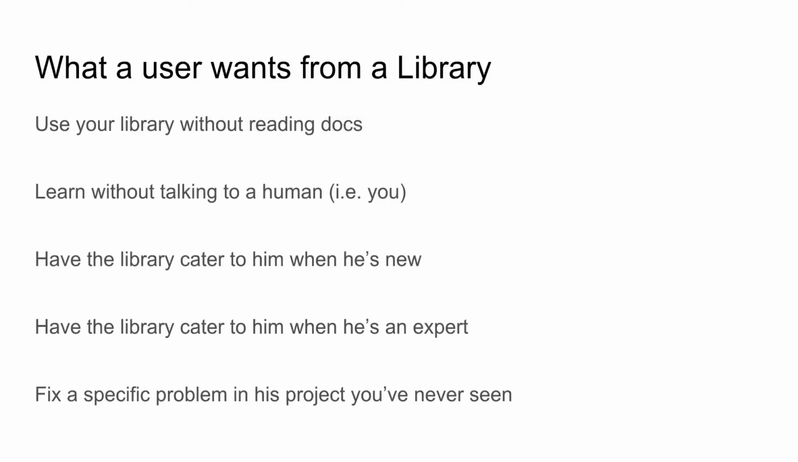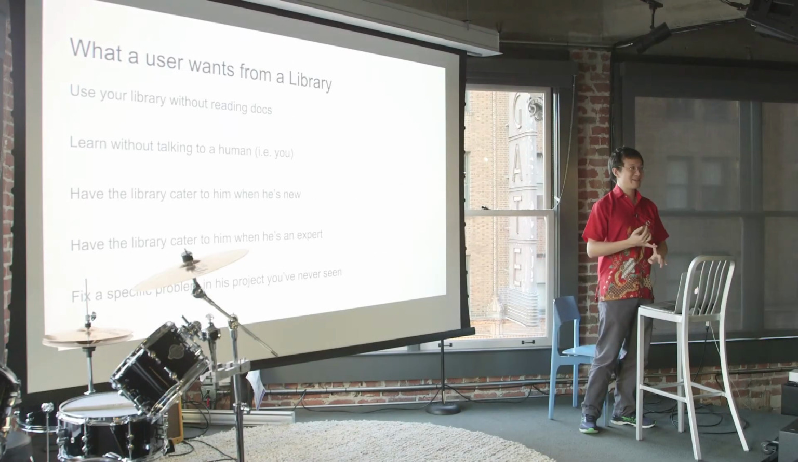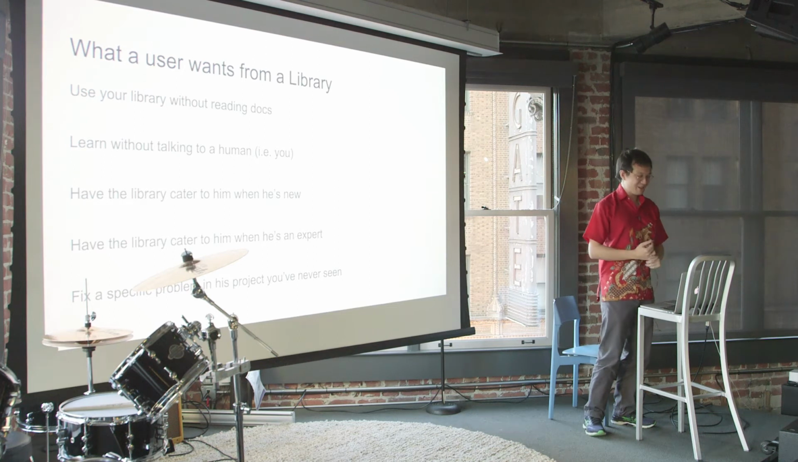I want to be able to use your library without reading your documentation. If there's documentation, that's great. But I want to be able to just pick it up and start using it because I'm lazy. I want to learn about your library without talking to you as the author, because maybe you're in a different time zone. Maybe you take a few hours to respond to emails. If the information is there and I can find it in 5 minutes, I don't want to wait 3 hours